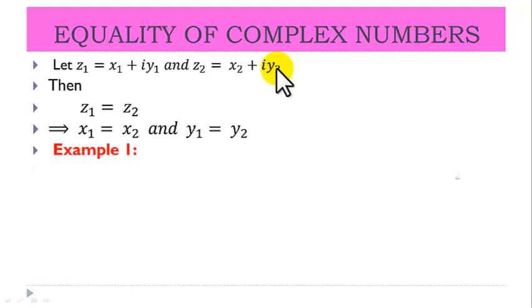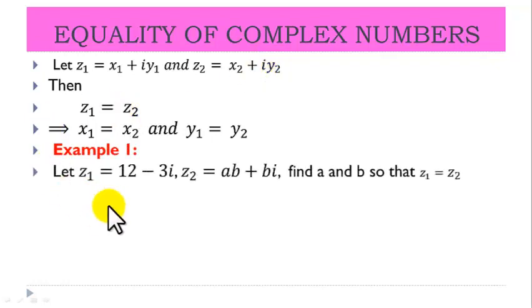Example 1. Let z1 equal 12 minus 3i and z2 equal ab plus bi. Find a and b so that z1 is equal to z2. Solution. Equating the real part and also equating the imaginary part, we obtain